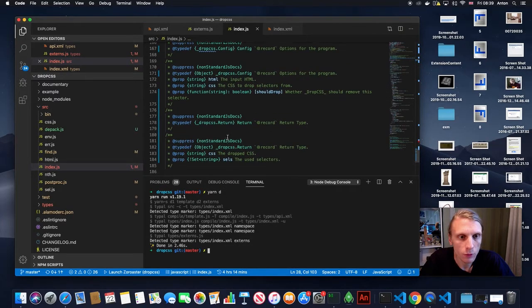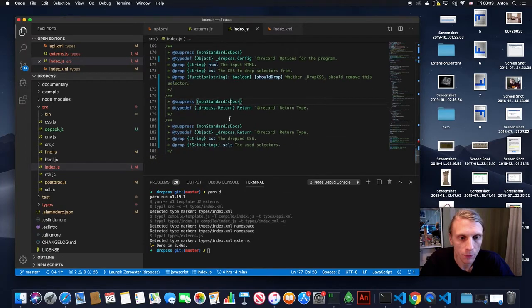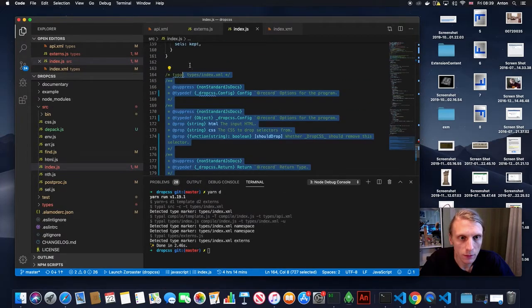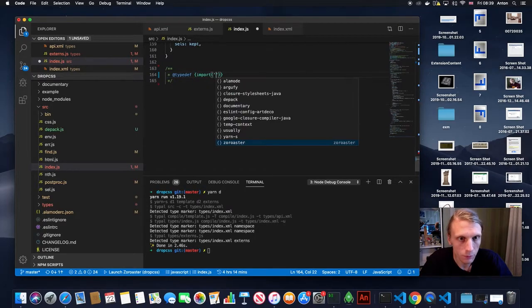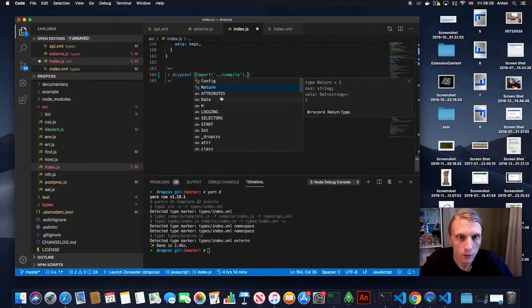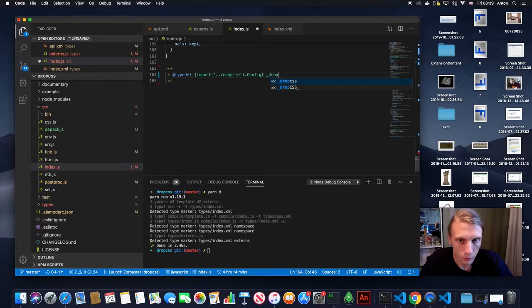And you know what? So we don't have to repeat it at this place. We don't have to repeat that. We need to use the type def and call import from compile and then just index file, and then what we want is the config and use namespace for that drop JSON.config, but then we need to